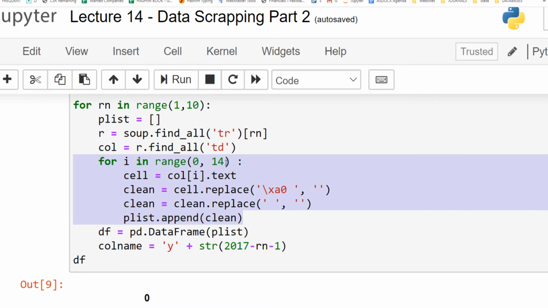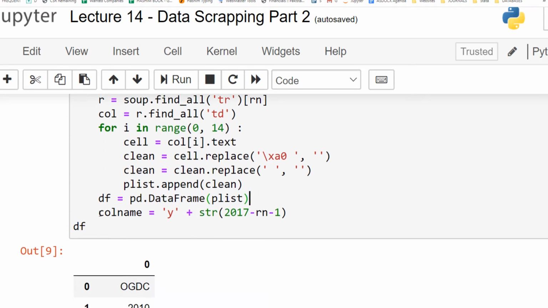From 0 up to 14 times, and this way we get all the cells from the first row. So once that is done, then we convert the Python list that we created to pandas data frame.